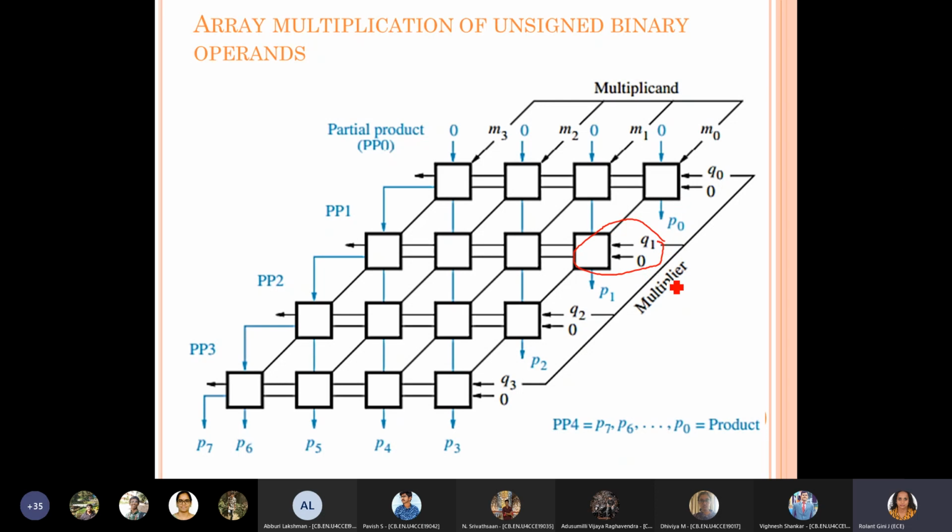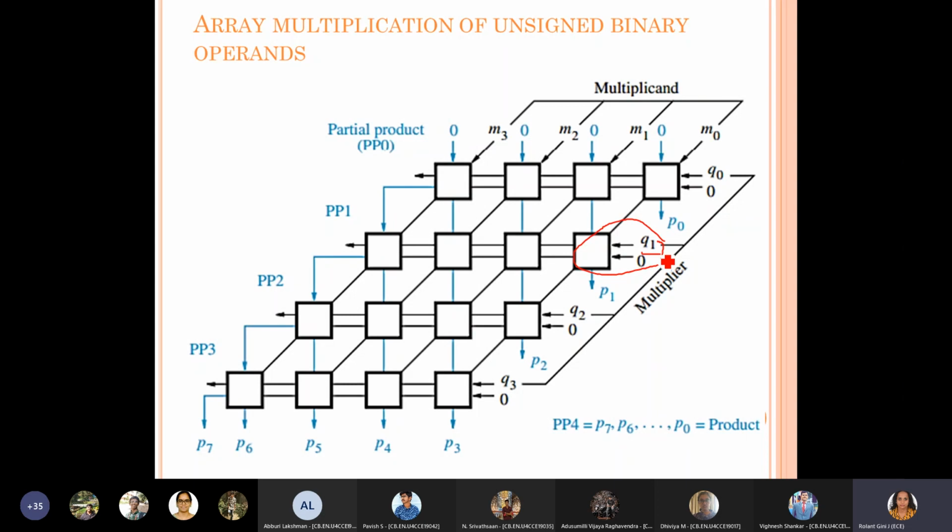Instead of going for the 0th place, you will be going for the first place before you take the next addition. Okay. And that addition depends on whether the q value is 1 or 0. If the q bit is 0, you need not carry on the addition, and if the q bit is 1, you have to carry on the addition. Okay.